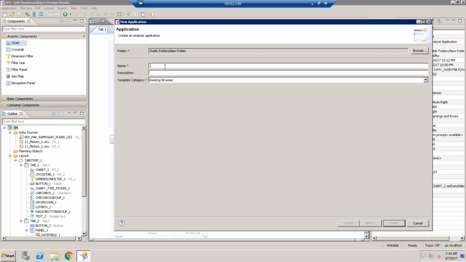So how do you create a new application? When you click on Application, New Application, you have to give the name. So let's say I give